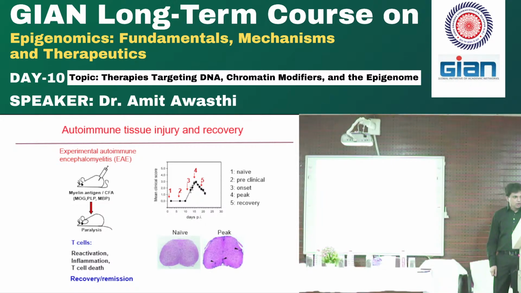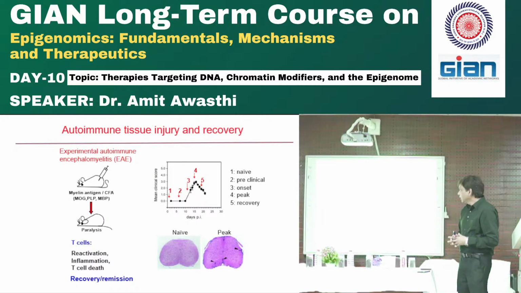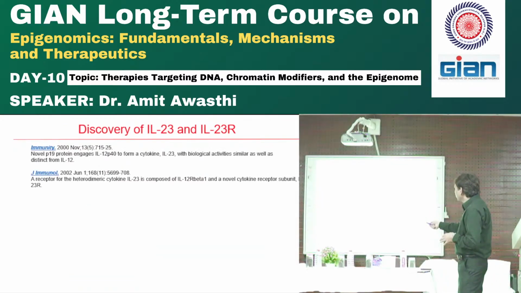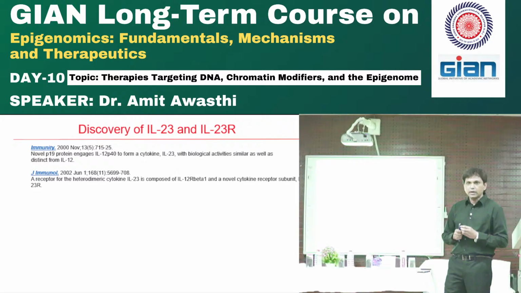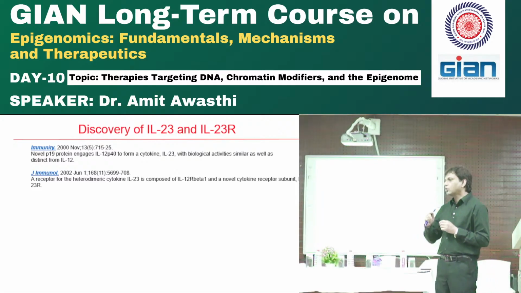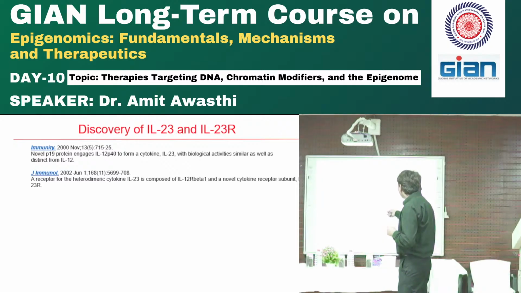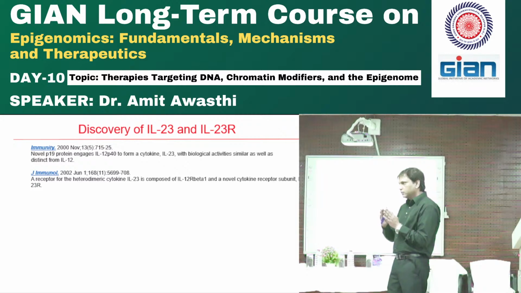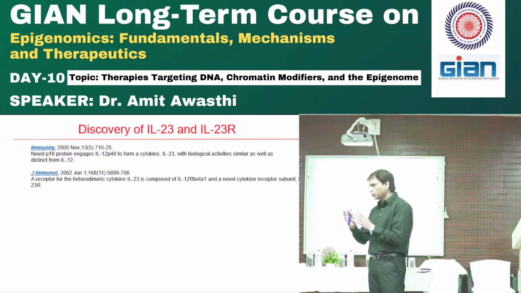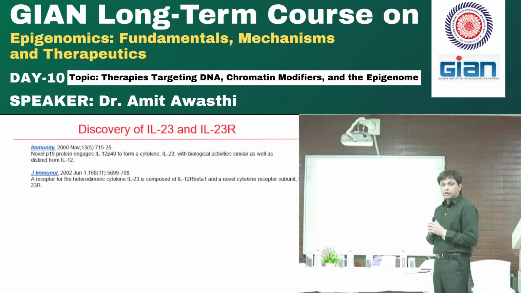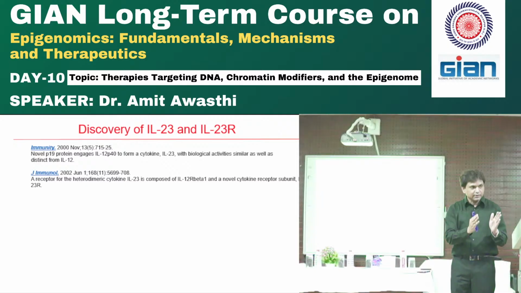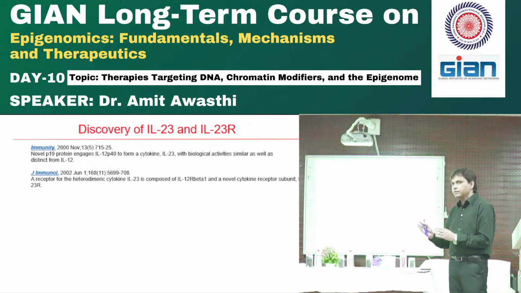So now this brings more complications. I told you the model. You know the cytokines. IL-12 you know. So during this time around 2000 and 2002, the half brother of IL-12, or we call it an IL-12 family cytokine, called IL-23, was discovered in 2000. It's called an IL-12 family cytokine. It has some similarity with IL-12. And in 2002, the IL-23 receptor was discovered. So in 2000, a new cytokine which looks like IL-12 was discovered, and in 2002,